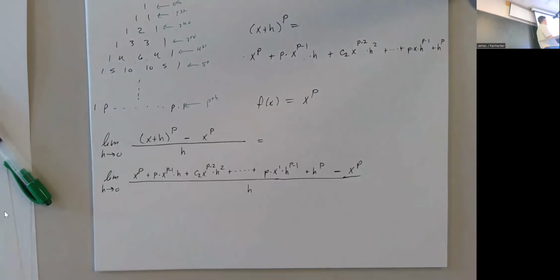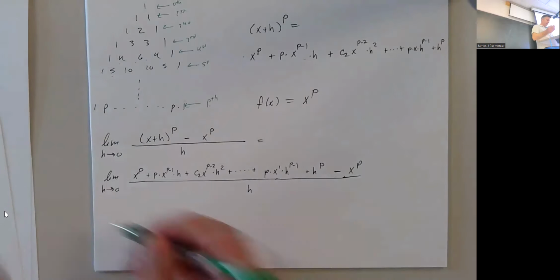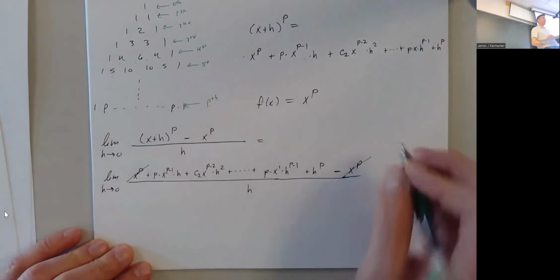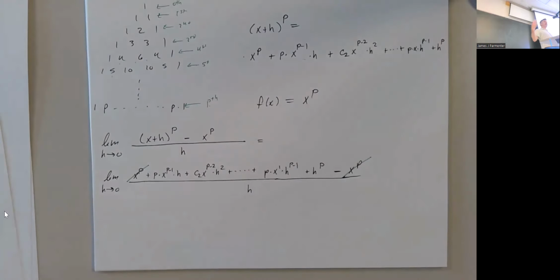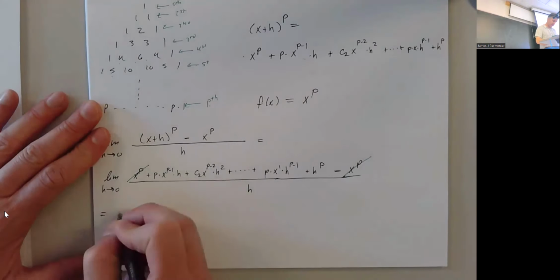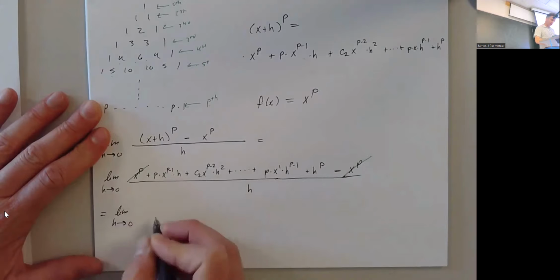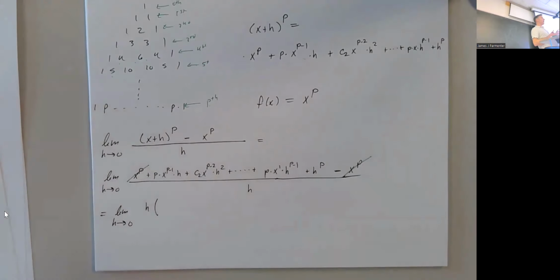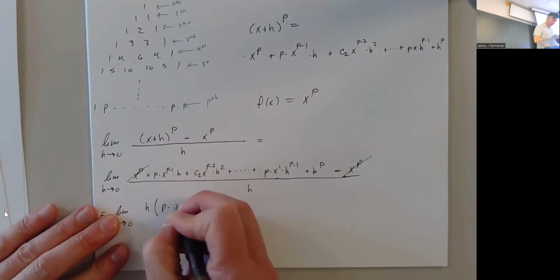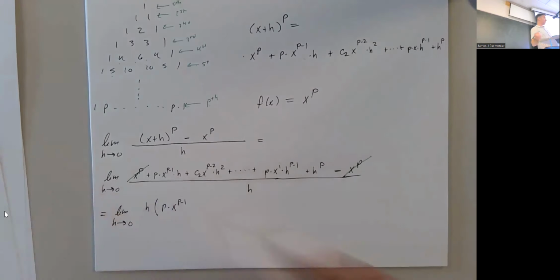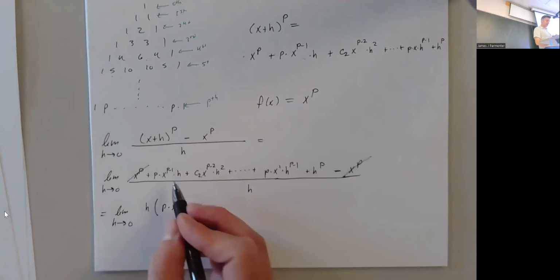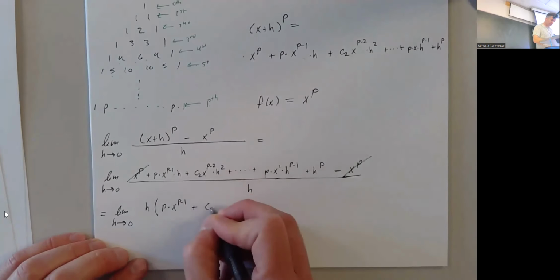And just like every other time, what cancels? The x to the whatever. And just like every other time, everything left has an h in it. So we factor out an h, and we're going to get the limit as h goes to 0 of h times... okay, so when you factor out an h, you're just dividing by h, or reducing the power of h by 1. So I'm going to get p times x to the p minus 1 times, there aren't going to be any h's left over because I pulled out the one h that was there, plus some constant times x